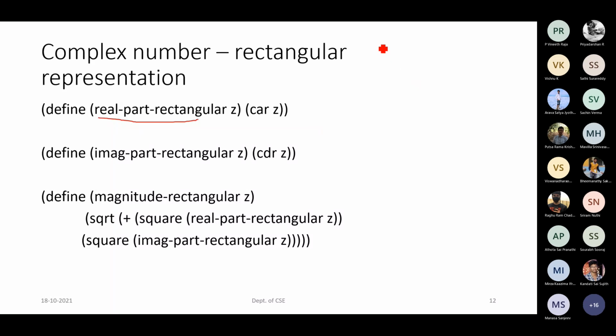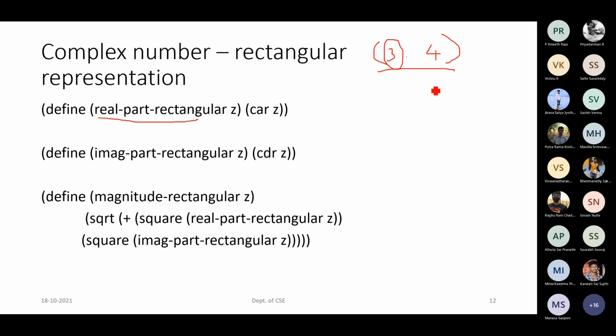We are expecting the complex number in this format, so 3, 4. For the Z variable, we will just be passing the content of Z. When we take the content of Z, you will be able to extract this 3, 4. Once we get this 3, 4, we are just extracting the first portion of it, so we get only the real part of it, 3.